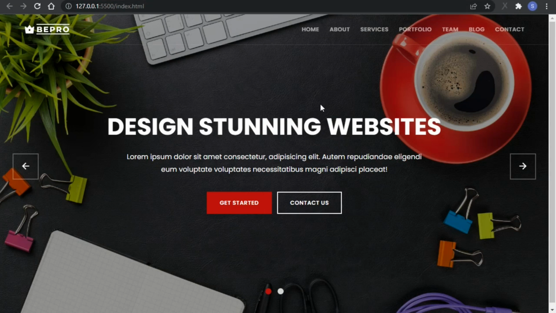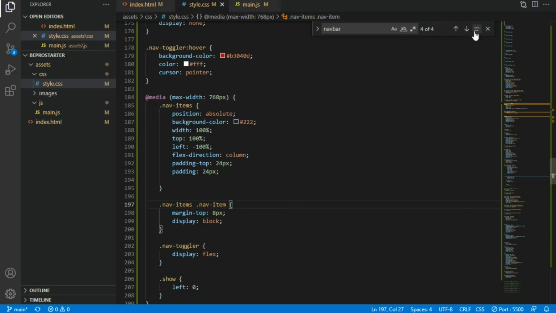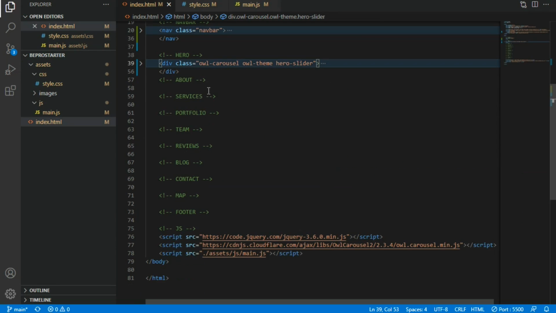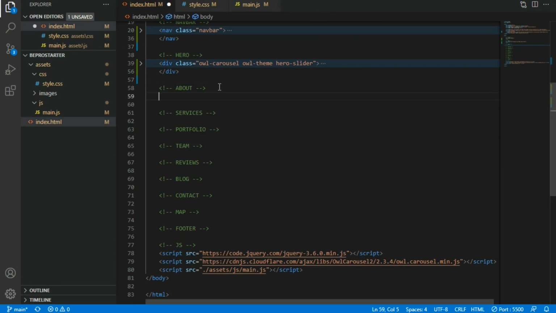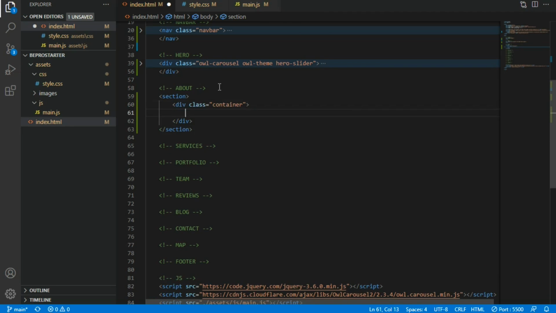Looking great. So our hero and navigation is finally finished. So I'm going to design the About Us section, which is going to be pretty simple. I'm going to create a section. Inside this section, I'm going to create a container. Inside the container, I'm going to create a class